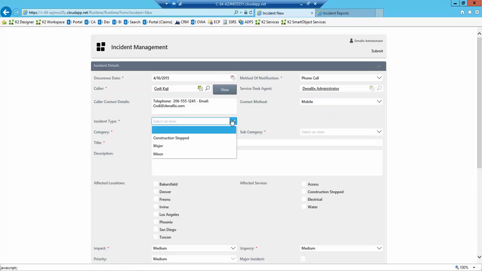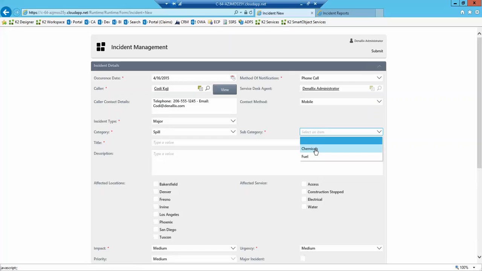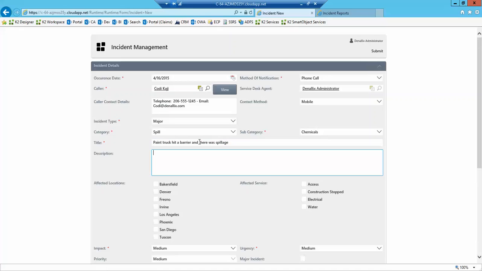From a drop-down perspective, I can come in and I can say, this is a major incident in the field. I've got different categories and subcategories. So if I come in and say, there was an actual spill on site, when I select that spill, it's going to narrow down my subcategories. So we had a chemical spill, and we'll say the paint truck hit a barrier and there was spillage, and I can come in here and put additional details. I don't know, 500 gallons